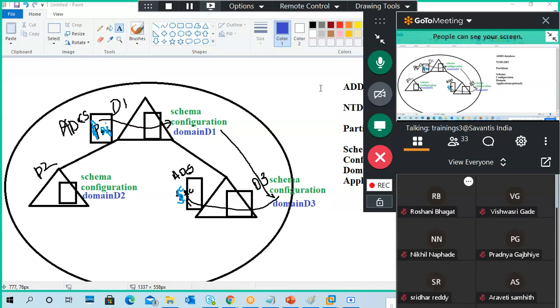Okay, that's a good question actually. When you install a server with ADCS, that information, in whatever domain the server is there, goes to the configuration partition. In the configuration partition, it adds that information. See, this is my ADCS installed in the particular server. ADCS server is installed and configured in the particular server. That's it. That information goes to the configuration partition.